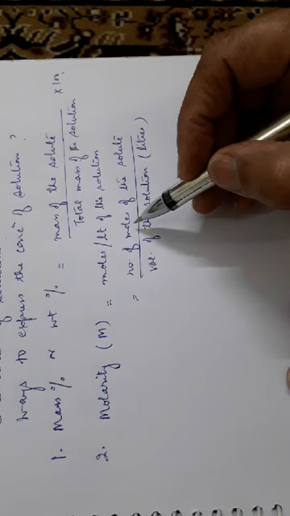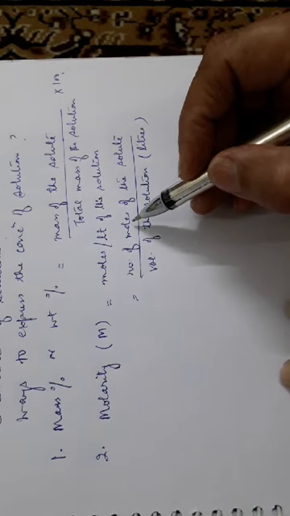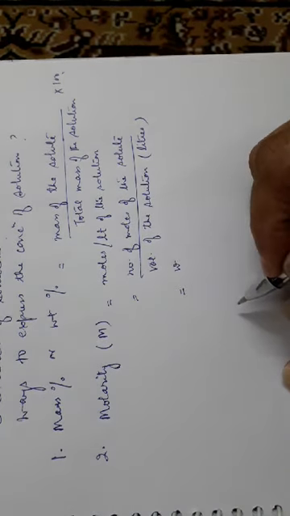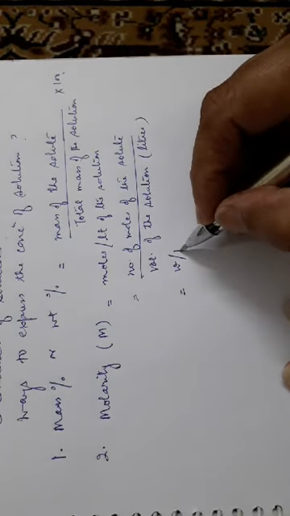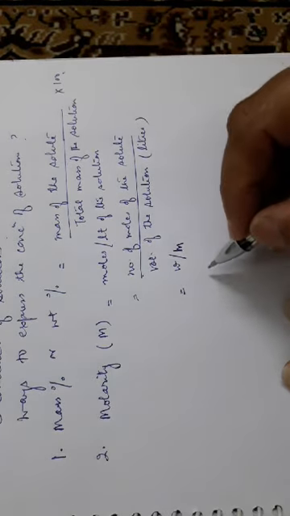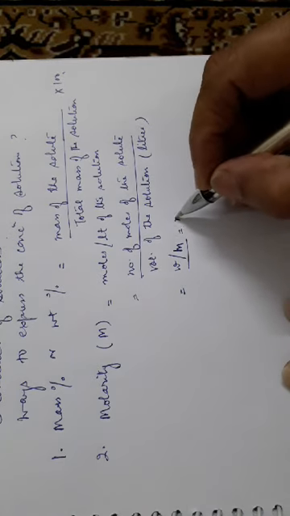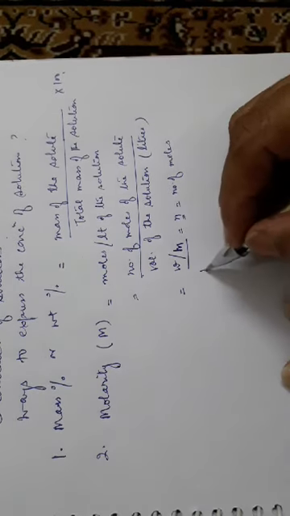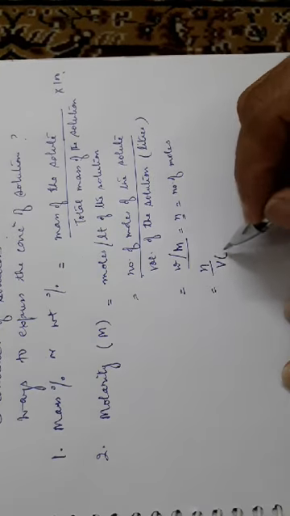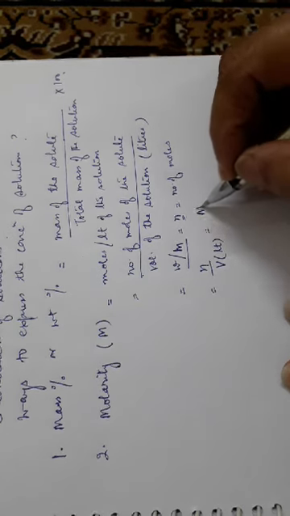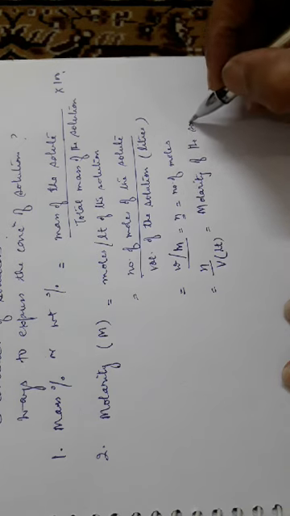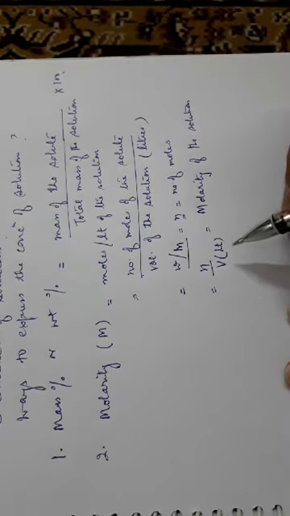How can we calculate the number of moles? If the mass of the solute is given, we can divide it by its molar mass in order to get the number of moles. If small w is the weight of the solute and small m is the molar mass of the solute, then w upon m will be equal to N. N stands for the number of moles. So N upon V, if V is expressed in liters, will be equal to M, that is molarity of the solution. We express the solution in terms of M.